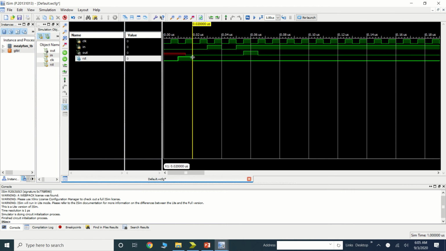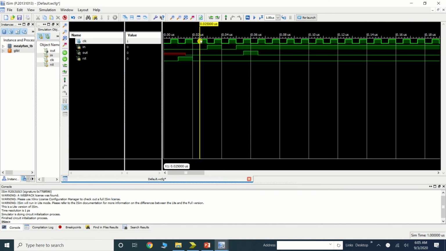But again, in the always block, we'll check our output at the posedge of my clock. So this is the posedge of my clock. Now in this posedge, the input equal to 0. So there is no output. The next clock, input equal to 1. Okay, now the next clock, when the input equal to 0, yes, and the next when the input equal to 1. So once we are getting that targeted sequence, our output is switching over from 0 to 1.